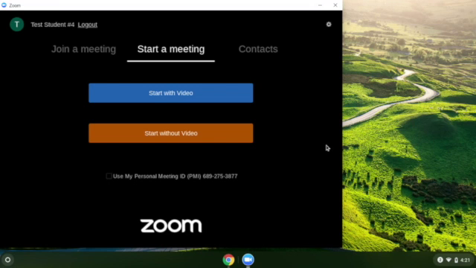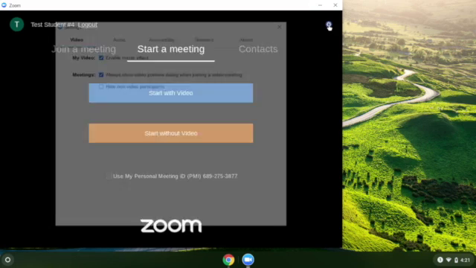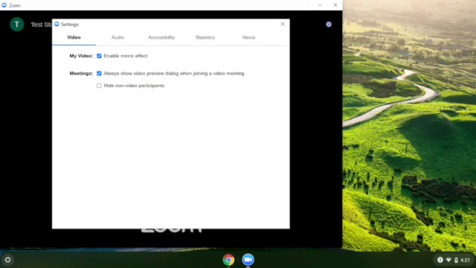On Zoom, you can access your settings at any time from your app. So when you open the app from your apps launcher, you're going to want to make sure you're logged in. And then up here in the top right-hand corner, you'll see a gear. If you click that, that'll open up your settings. The one that you probably want to make sure is checked is this top one right here under video, enable